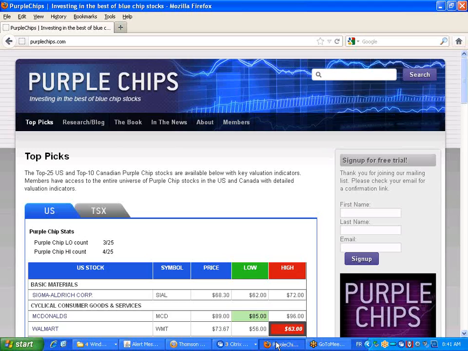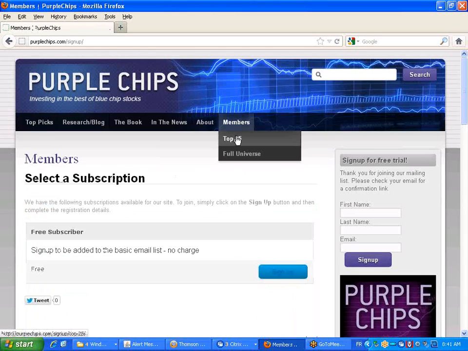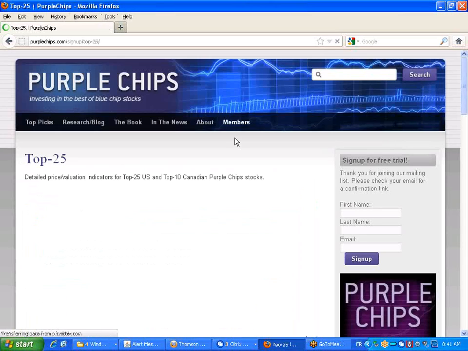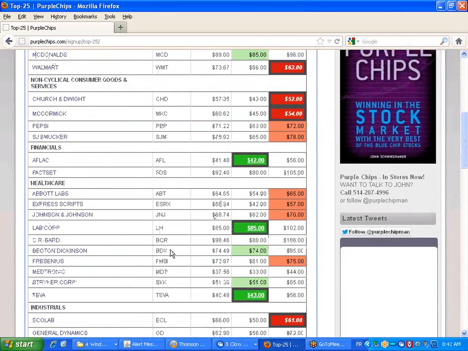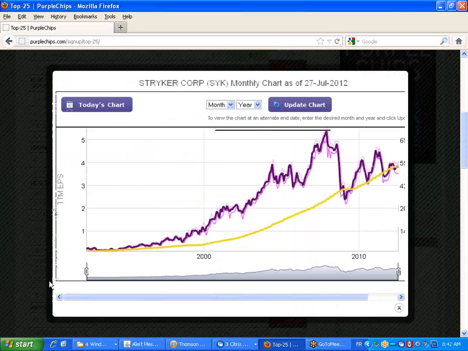I'll start by going to the purplechips.com website. When you open the website, the first thing that you do is you land on the home page. The home page has the top picks. If you want to access the charting feature, you go to the Members section. So you click on Members. Then the top 25, if we want to find a stock in top 25. The example I will use is Stryker Corp. I scroll down to Stryker, click on Stryker,